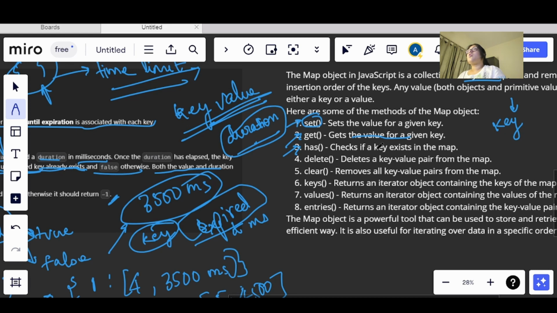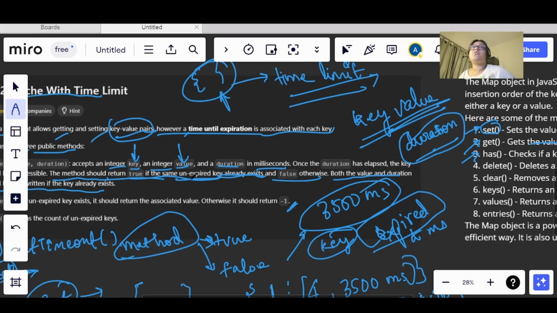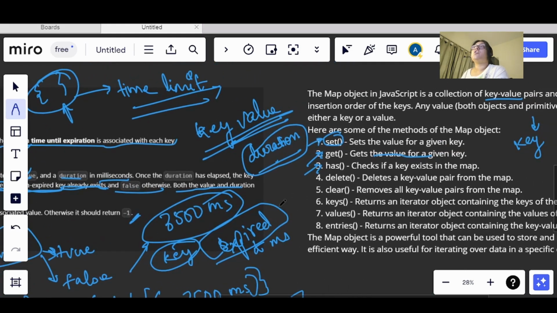In the set method, we had to check if the key exists or not, and if it exists, then we had to insert the new updated value in that key only. So for that we can use has here.